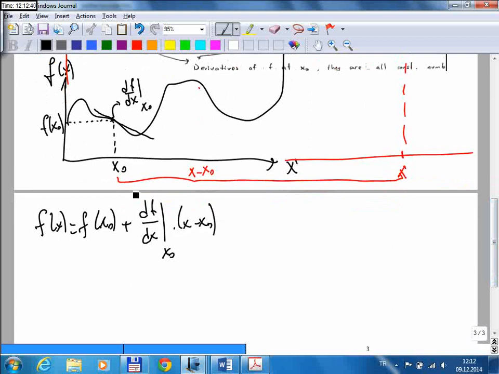Okay, so this is the first order polynomial in terms of x, right? Because we just have x, and this is a constant number. This is a constant number. This is a constant number, and I just have x there. If I add the second term,